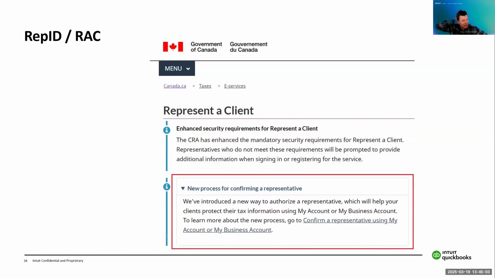Something that's different than being an e-filer, but is just as important, is becoming a representative. So represent a client, or RAC, gives you what's called a rep ID. You also have to sign up with the CRA and get approved on this, but this allows you to access your client's information online.